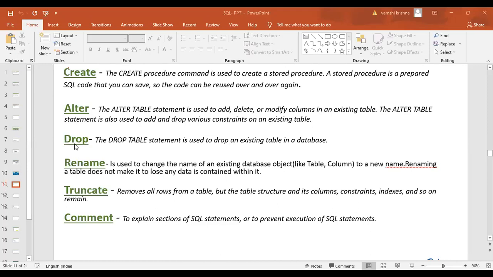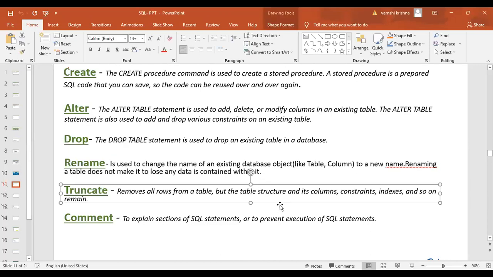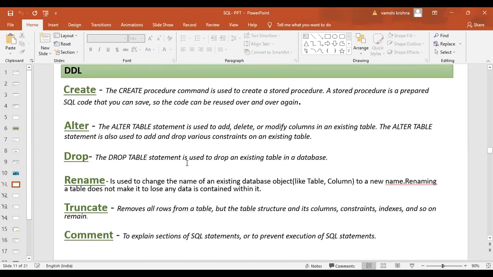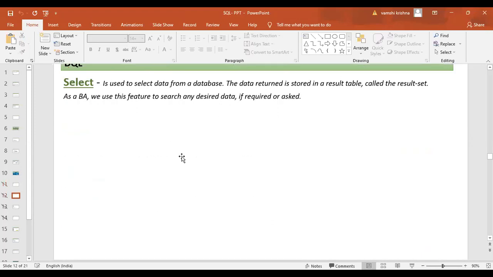You're getting it? Create table, alter table, in capital letters. These are the commands given in SQL. Okay, clear now? Yes, ma'am. This is all done by a DBA.